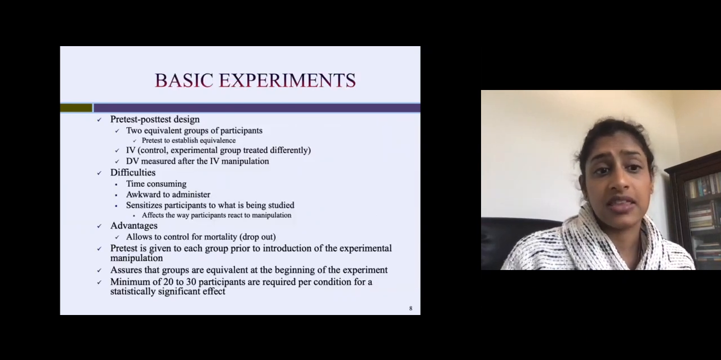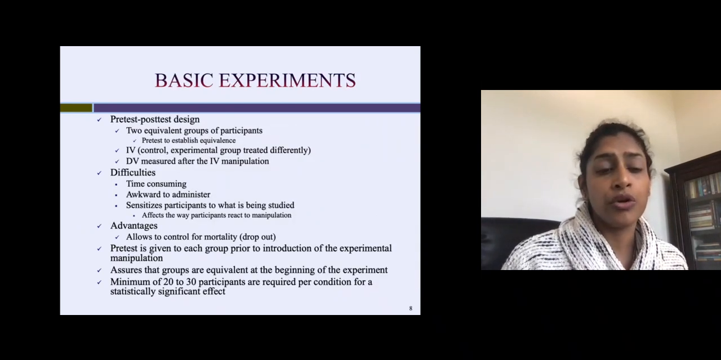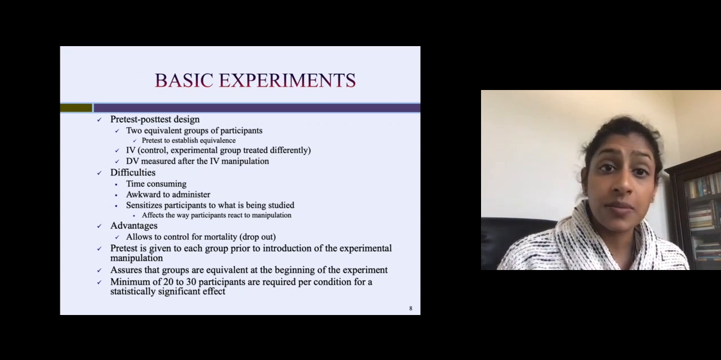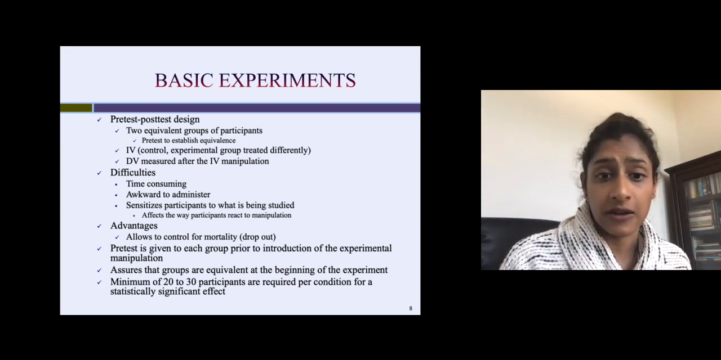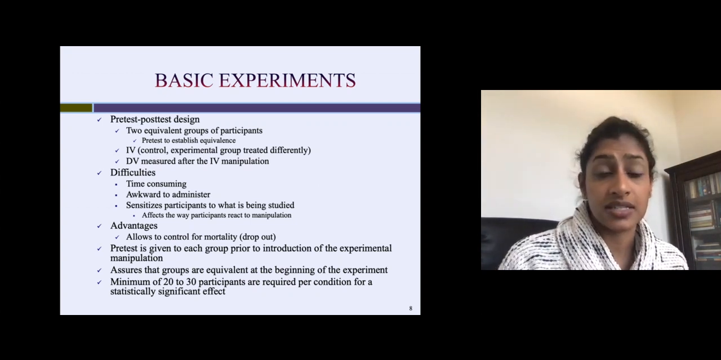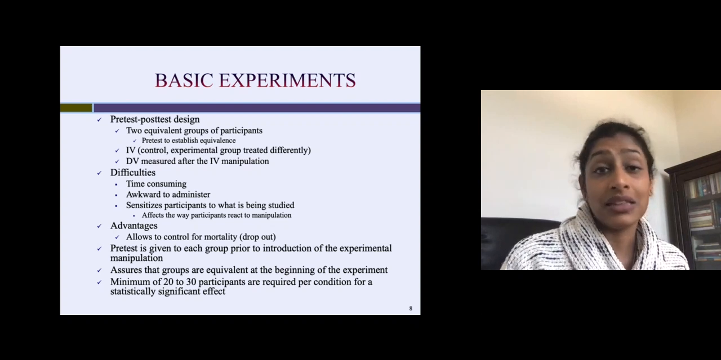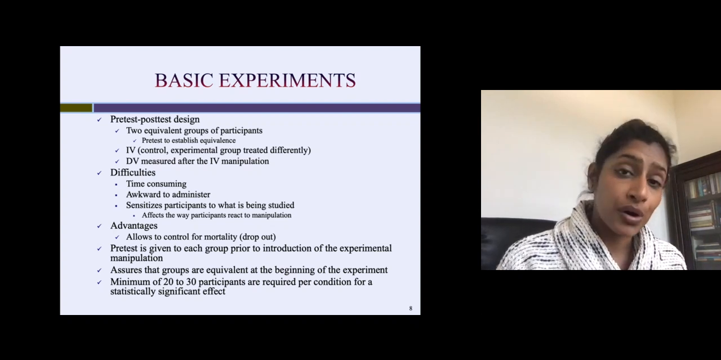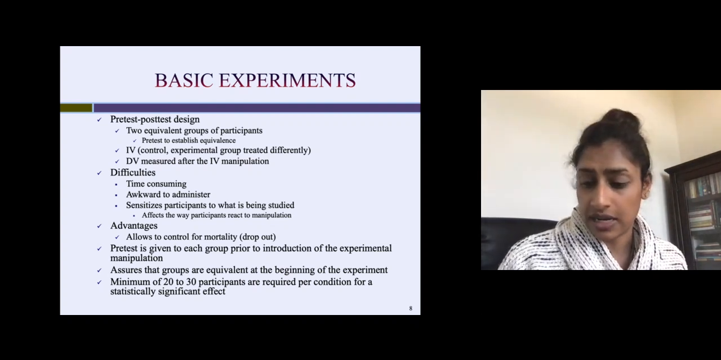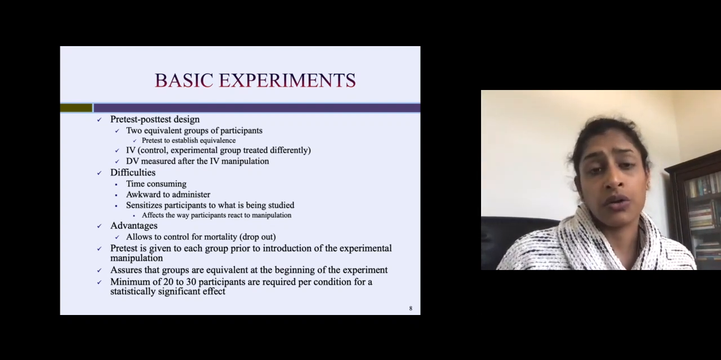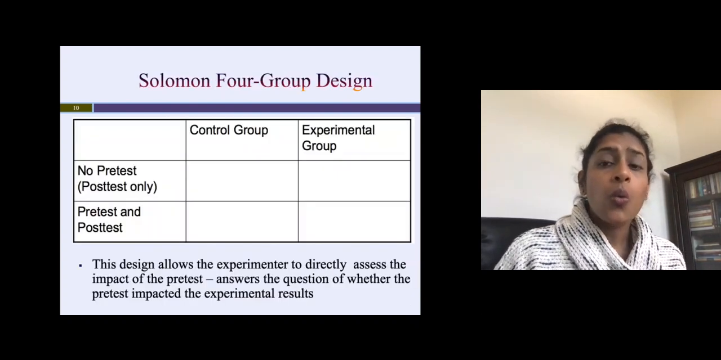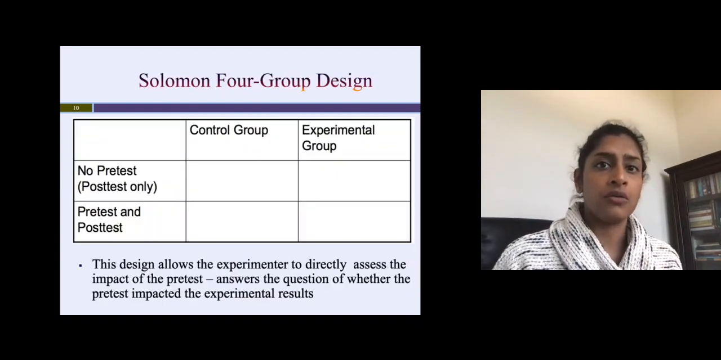The other aspect to think about is when I've got multiple groups, I actually need significantly more participants to be able to see any significant effects. So at minimum, in a very basic pre-test, post-test design, I'm going to need at least 20 or 30 participants per condition. The more conditions I add, the more participants that I'm going to need. So keep this in mind when you're thinking about these basic experimental designs. One way for us to kind of get around